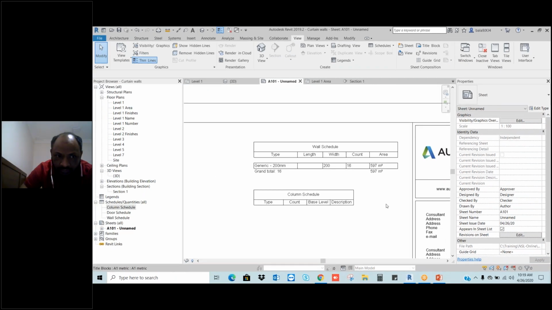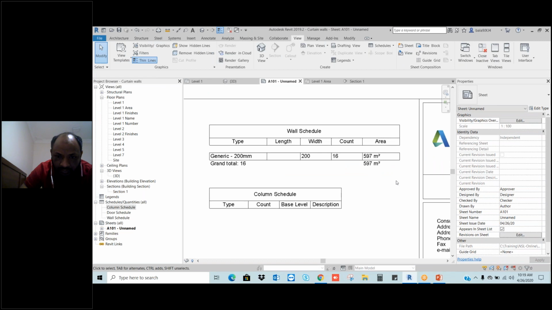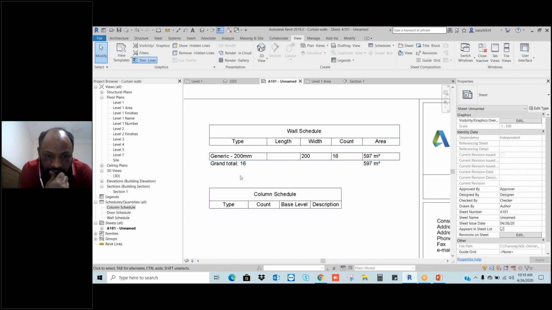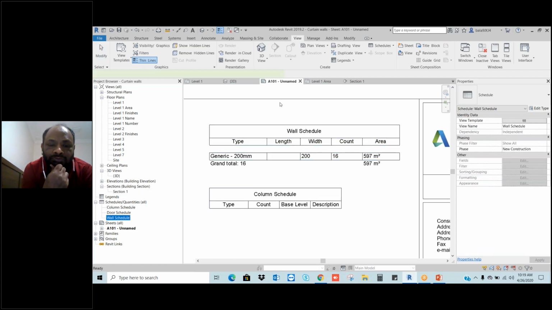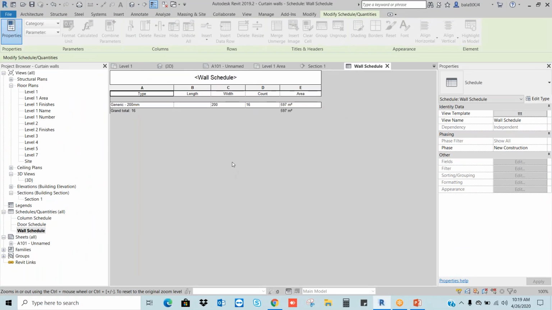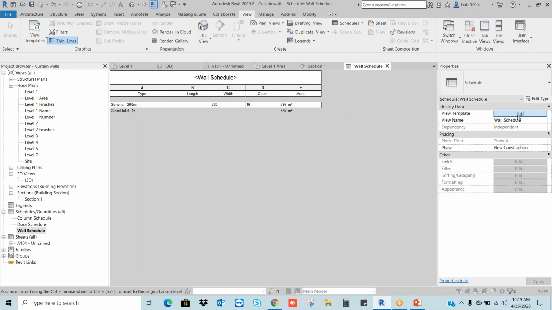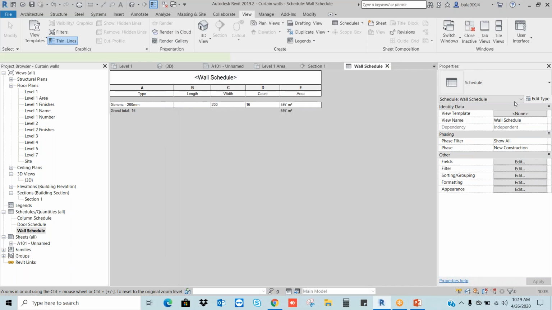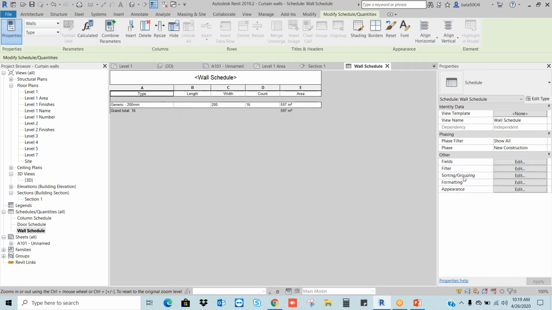Let's say, for example, now I want to remove this one line between this type and this database. So what I do, I will go to this wall schedule. I'm going to the schedule and quantity. Here, in this property, we have the fields, filter, sorting, formatting, appearance.